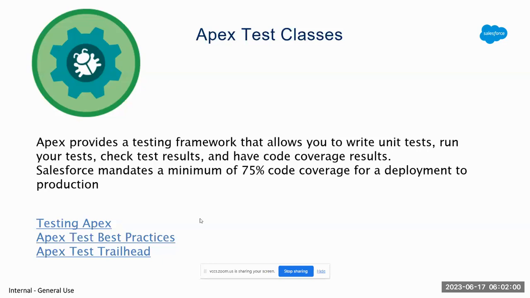Because, as I've already told you, in a project you will not be given new development work from the beginning. So you have to create test classes, or if they are old or existing test classes, you have to modify them. On a personal level, that's the worst part. I never want to work on test classes, and in my current project, most of the time I have to, because some of my team members work on the code and then move it to another org, and then there are test class failures or code coverage issues, and I have to work along with them.